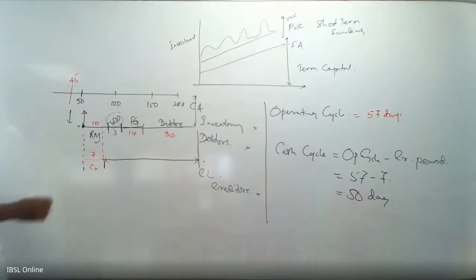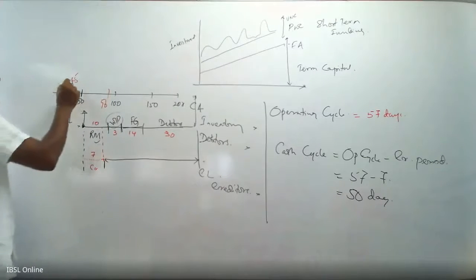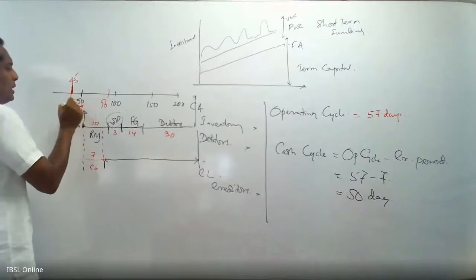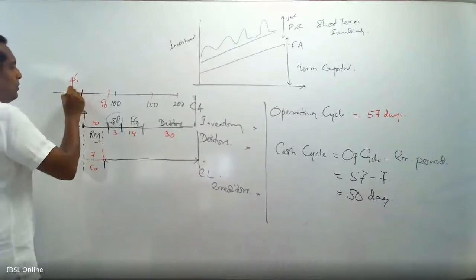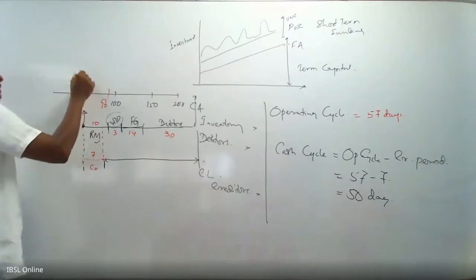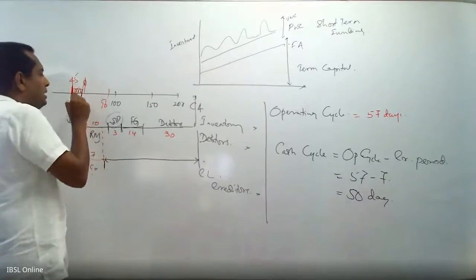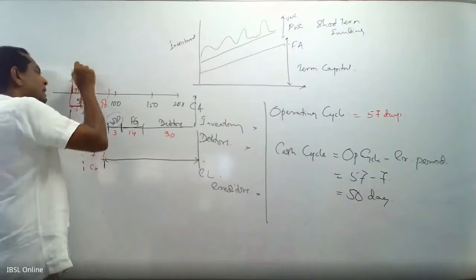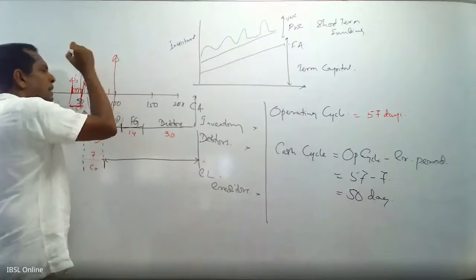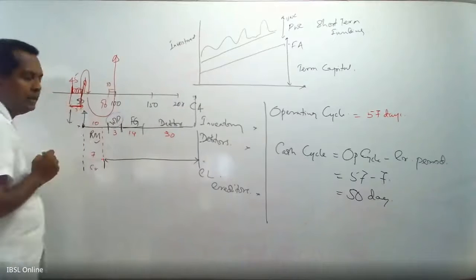Or you give 90 days to settle. What will happen to you? Loan will be due on this date, but customer will not get money for another 5 days. So loan will be always in arrears, and on 50th or 51st day, he will settle you. 90 days, money has come out of the process, he has reinvested, and it will come again on this day. Right? Again, 10 days arrears.